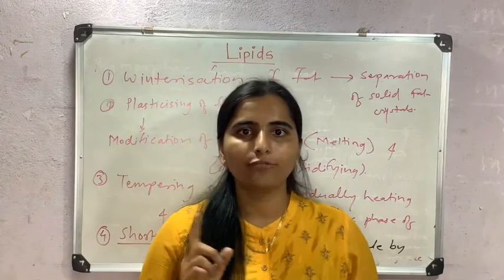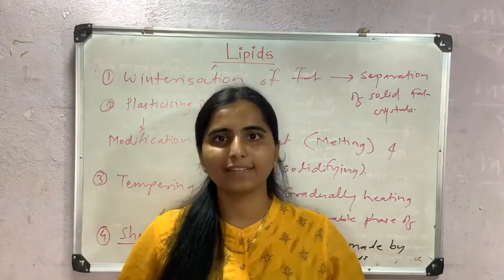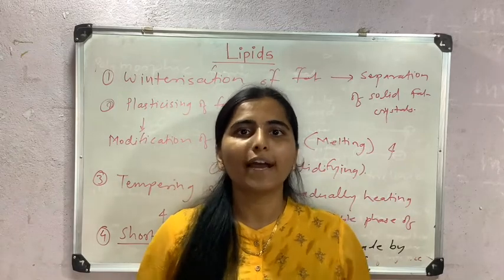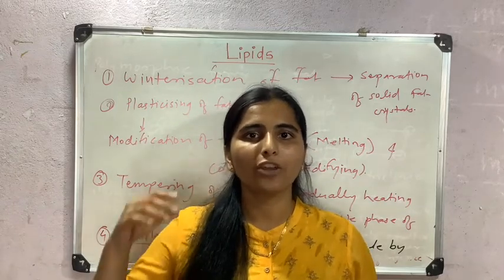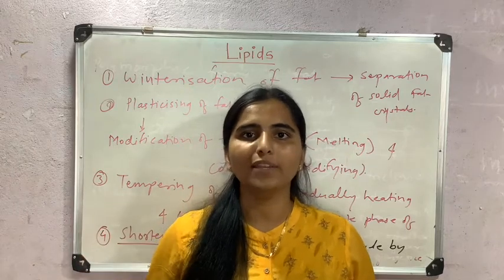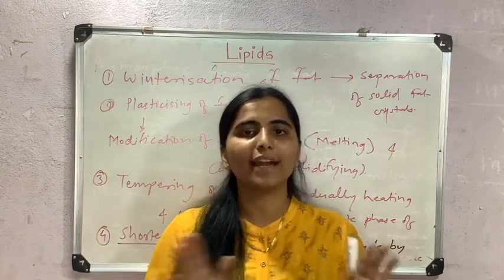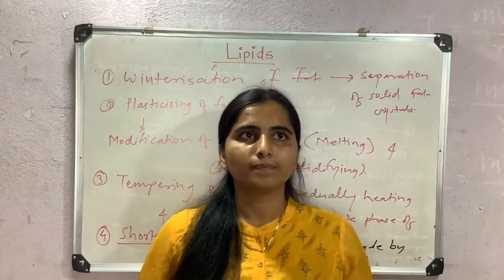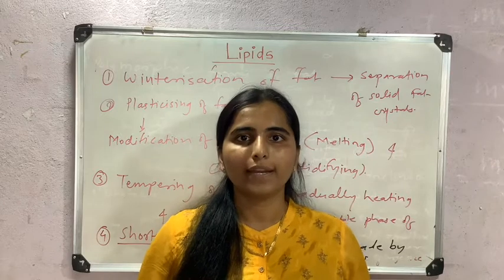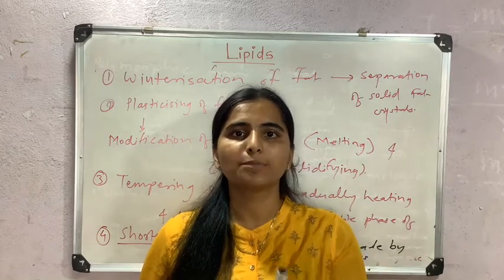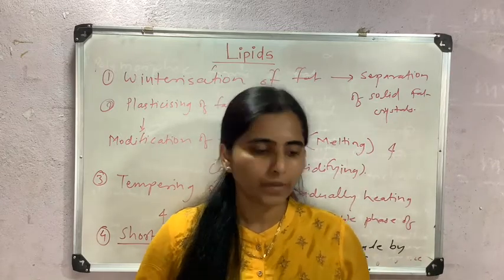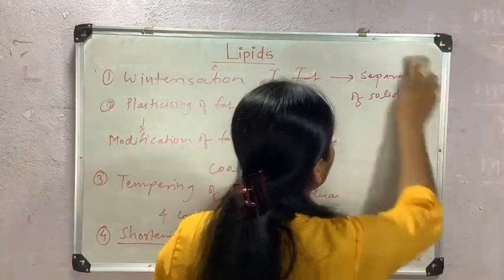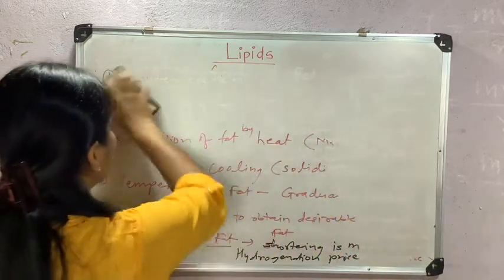And in the fourth lecture of the carbohydrate series, I made one mistake. I said laxative effect and diuretic effect were both properties of sorbitol. Do they have the same meaning? No, they don't have the same meaning. They are different from each other. A diuretic is a drug that causes the kidney to make more urine, and a laxative is a medicine which helps a person empty their bowel. Here I will write the difference between laxative and diuretic property of food.